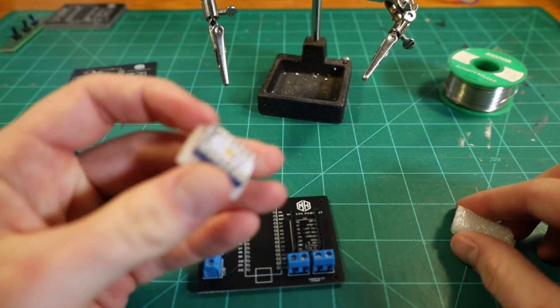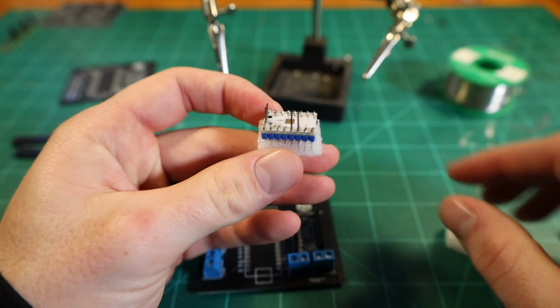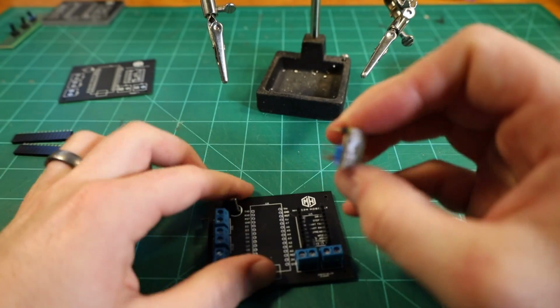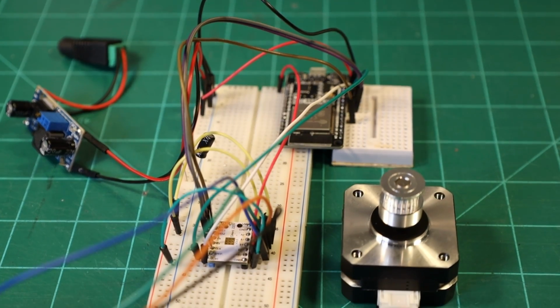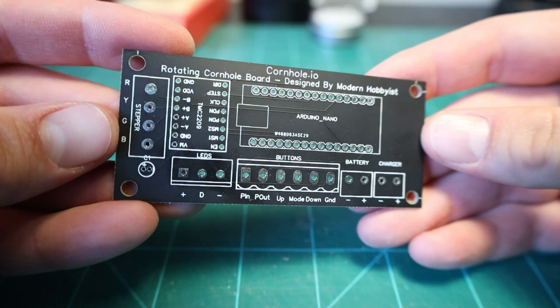I'm using a TMC 2209 driver, which is a common choice, but the wiring can be a little bit tricky. So rather than soldering dozens of tiny little wires by hand, I designed and ordered some PCBs from today's video